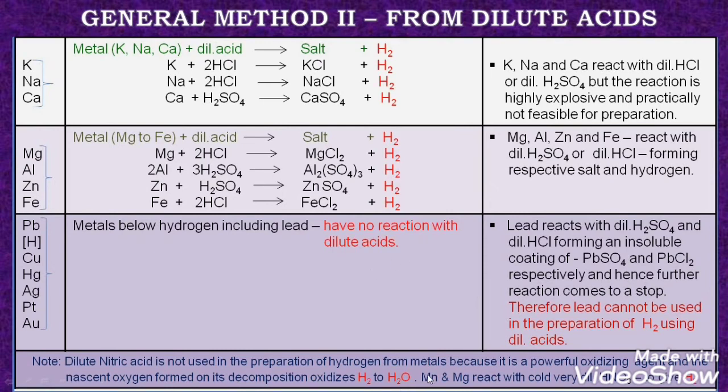Here we have an exception to the rule. Whenever a rule is made, you know there are always exceptions. We have manganese and magnesium, which are the two metals which react with cold, very dilute nitric acid, and when they react with cold, very dilute nitric acid, they give hydrogen. Now why do they give hydrogen? It is because on dilution the oxidizing nature is reduced, and when the oxidizing nature is reduced, HNO3 will not convert hydrogen to water. It will be retained as hydrogen. So these are the two exceptions.